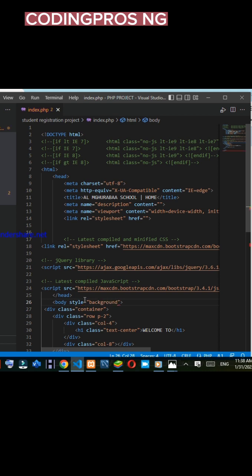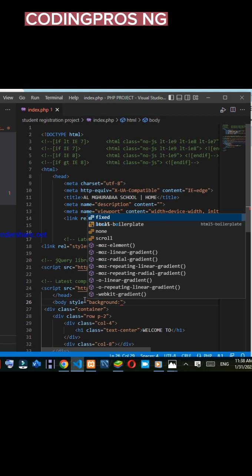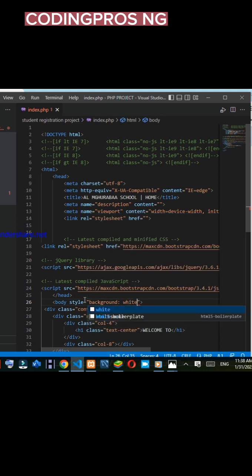So I'm giving it something, or should I make it very colorful, or just something light? Let me just say white smoke. Let me give it something light. So now I think that's it. So then welcome to, now here it can be black. I think that will be fine and beautiful